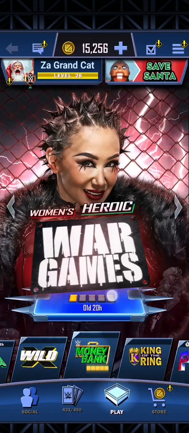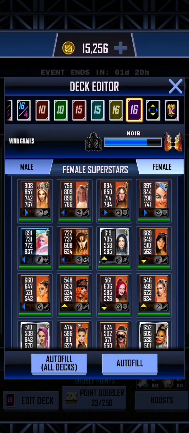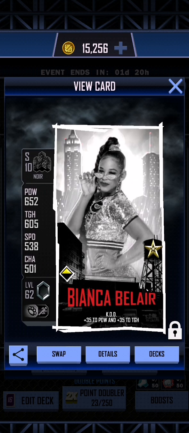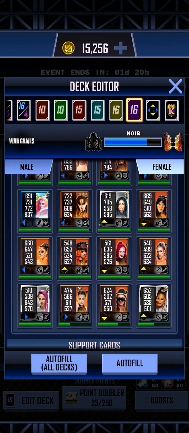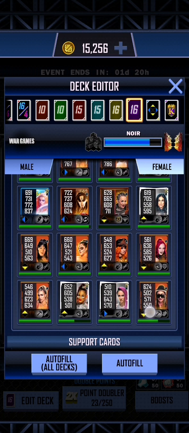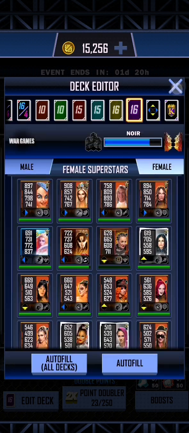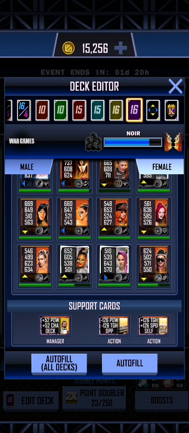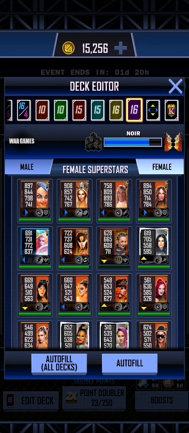So I think what we shall do, we shall play another War Games. And if I click autofill here, then Bianca Belair will most certainly be swapped out for our Shotzi. And there is Shotzi right there, level 99. Although I do have to swap this out because this is only given to speed, and I would prefer two things, such as power and charisma. So let's go ahead and